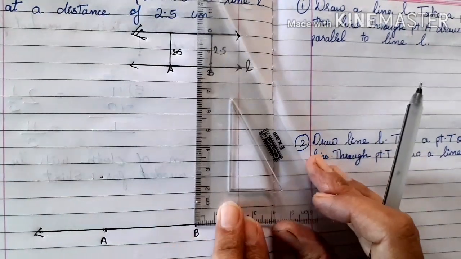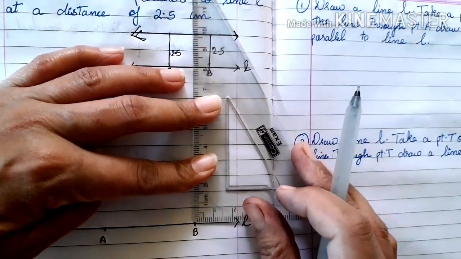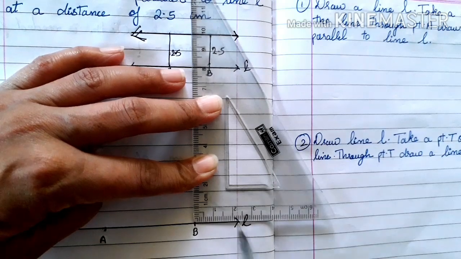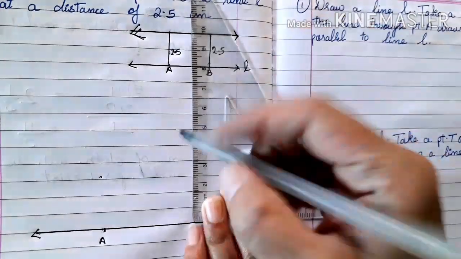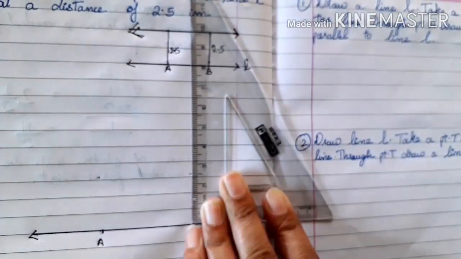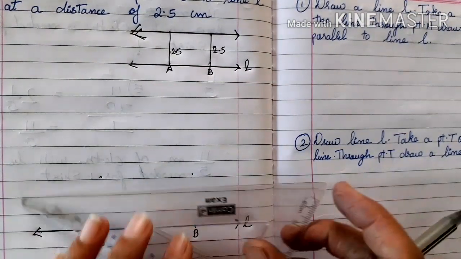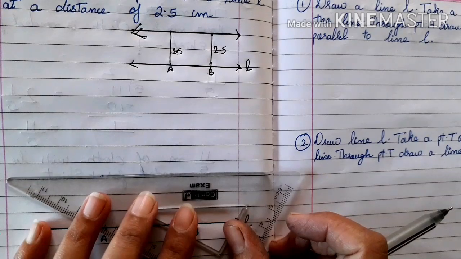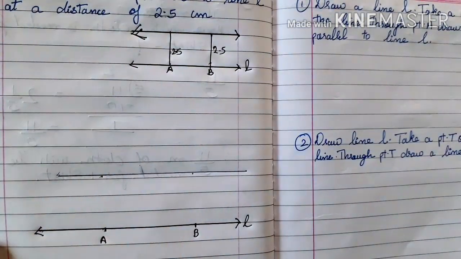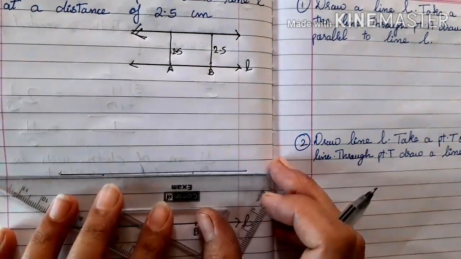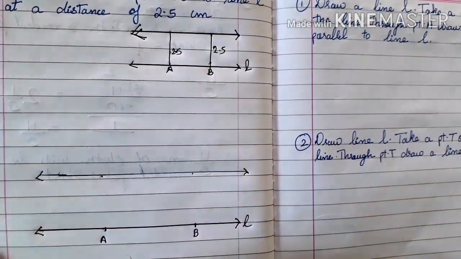In the same way, take the measure. This line should be straight. Got it? It should be straight in this way, and then 2.5 over here. Got it? So we will be getting 2 points. We will draw a parallel line in this way. Got it? You can construct it in the length of the line L. So we got our parallel line.